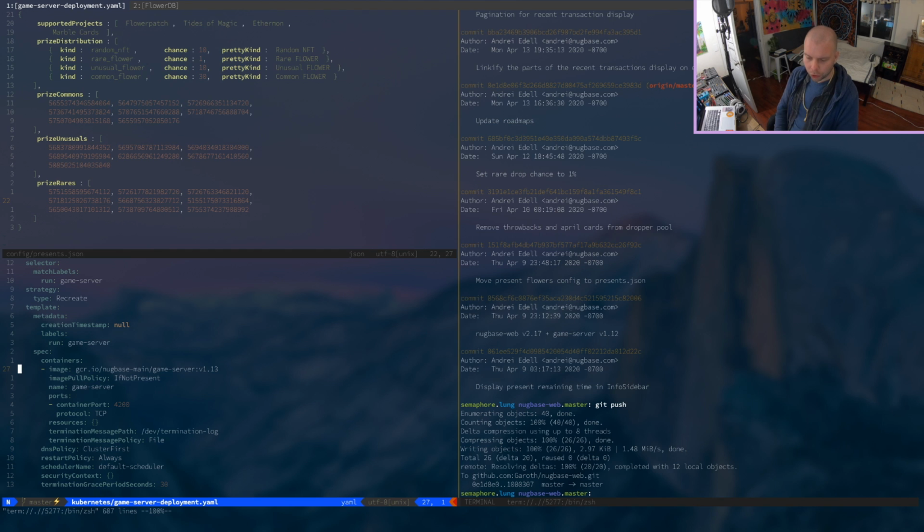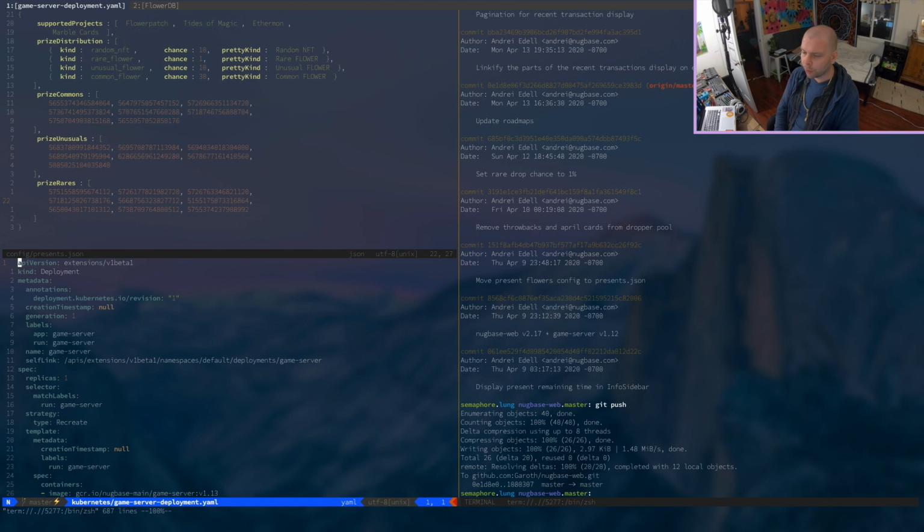I wanted to briefly also show how I do the deployments. So right now I'm going to redeploy all these changes that I've been making over the weekend, fixing stuff, changing drop rates, making some slight improvements. Basically, I have these config files that are related to